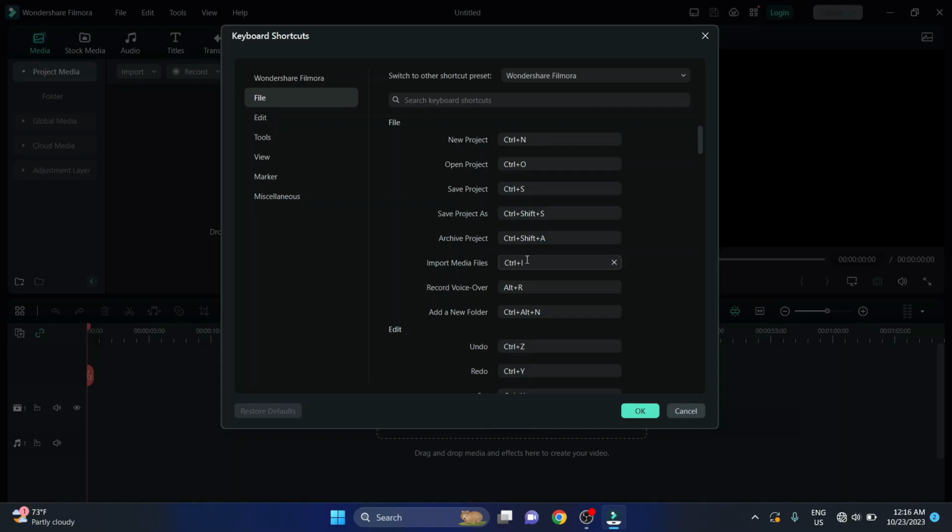So if you want to change also then you can click on it. So whatever the shortcut you want to keep you can keep it. For example, you can keep it as Ctrl U Shift. So whatever you want to add a shortcut you can add it. Now I will click on the reset.